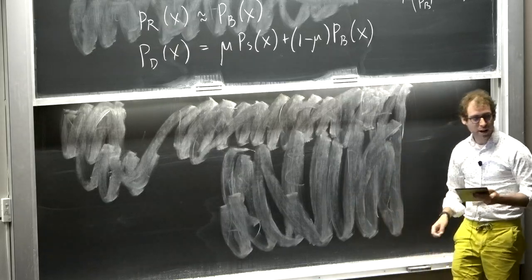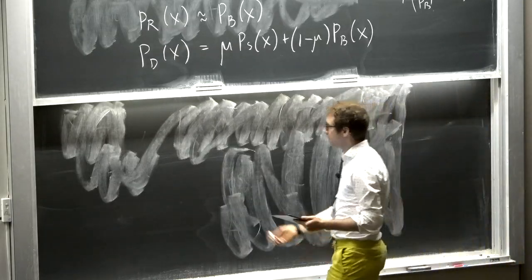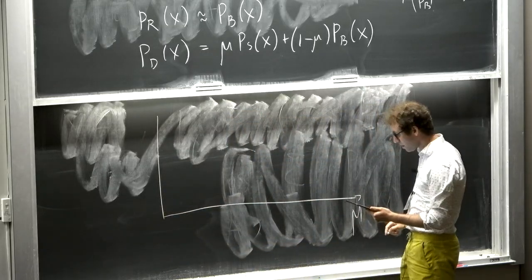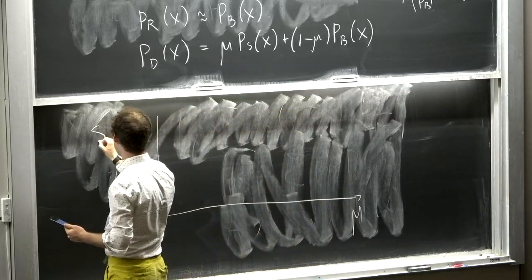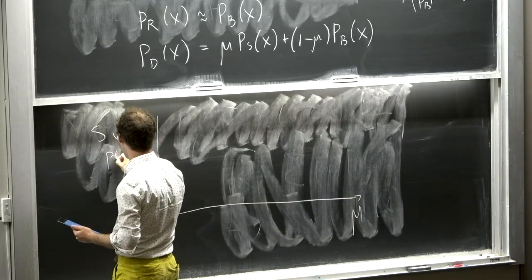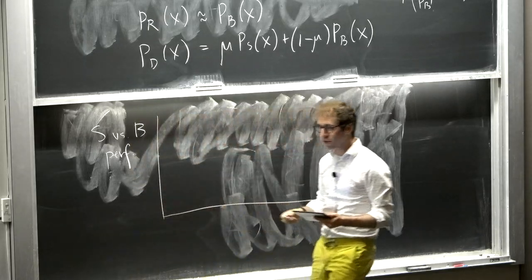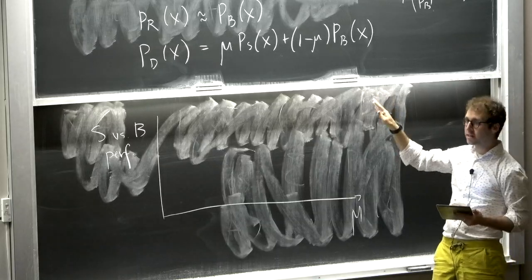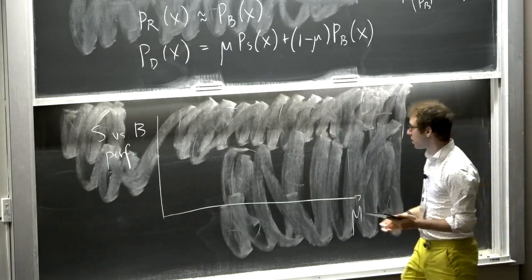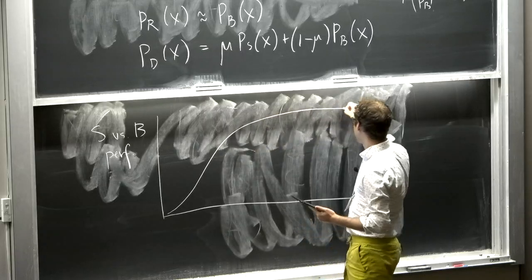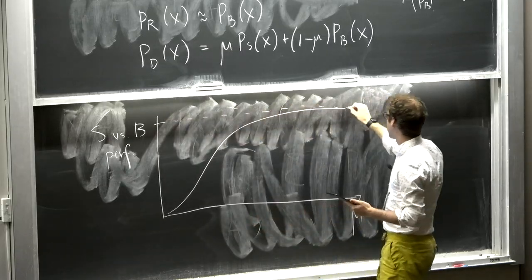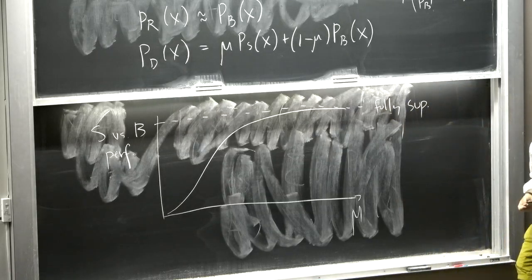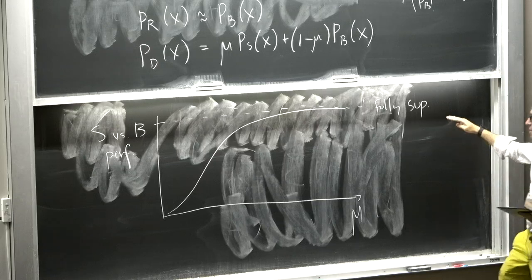In practice, let me say a little bit about how this optimality shakes out. It looks a bit like this. Let's say I pick a signal. For a given signal, I want to know how good this is at distinguishing signal from background. In general, it will look kind of like this. This dashed line is the fully supervised case. Let's say I train a classifier to distinguish signal from background with labels. That dashed line is the best you can possibly do.